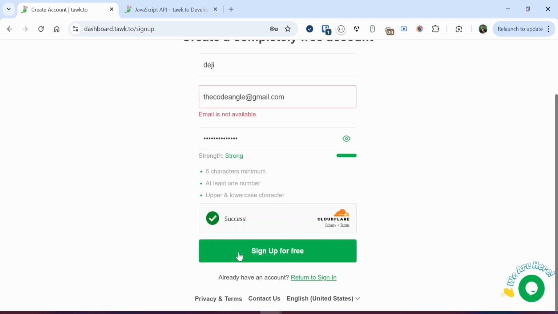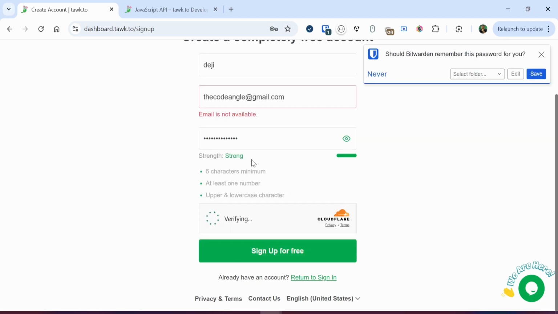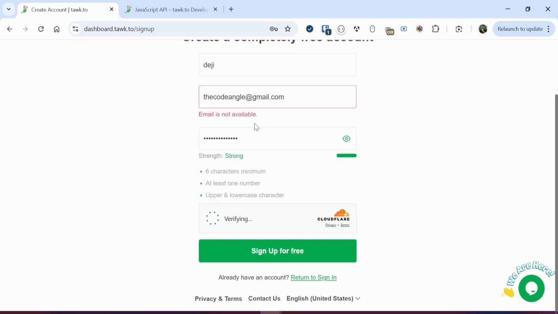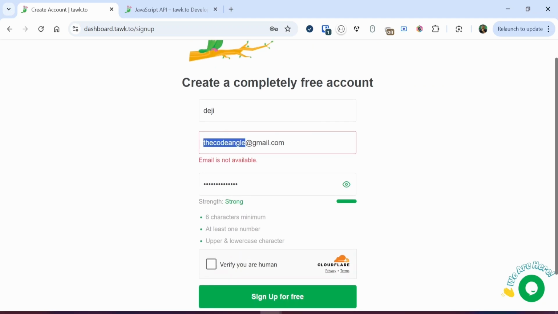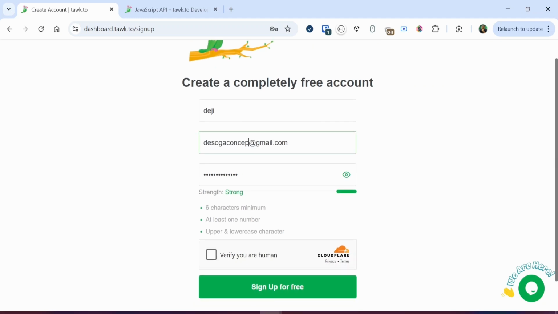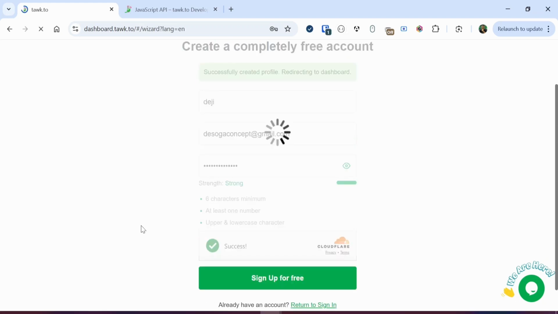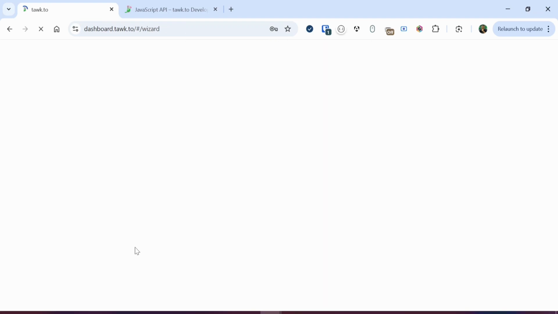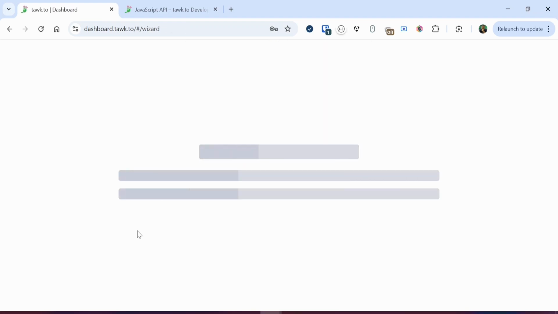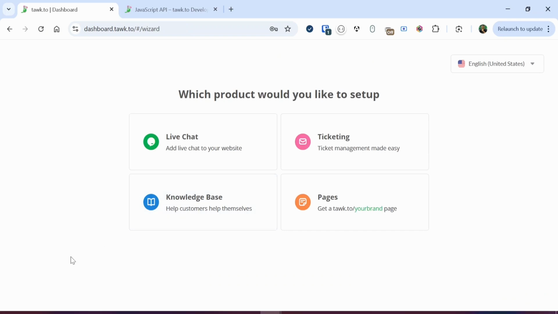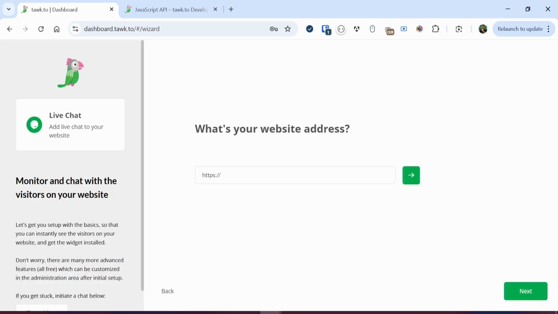So I'm going to click on sign up for free, and it says email is not available. Yeah, I've created an account using this email previously, so I need to use another email address. So I'm going to use sogaconcept@gmail.com, verify once again that I'm human, and then click on sign up for free once again. And this time around, my profile is successfully created, and then we wait for Tawk.to to proceed to the next page, which says we should select which product we would like to set up. For us, it's just about live chat, so I'm going to select add live chat, and then it's asking for